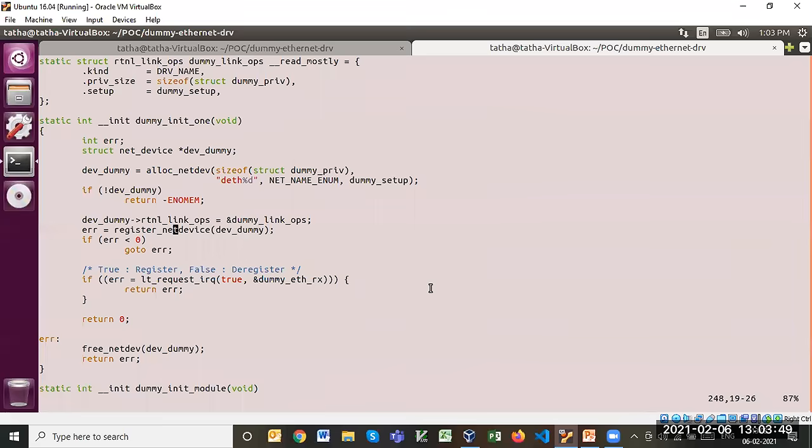Whenever you assign the IP address to the interface, through ifconfig or some other mechanism, then only an entry will be added to the routing table, because the routing table is all about the IP address. It's a mapping between IP address, IP mask and the interface. So until the interface has an IP address, there will be no entry.